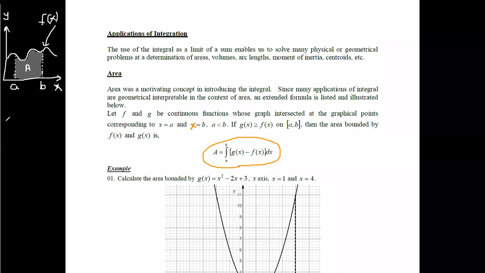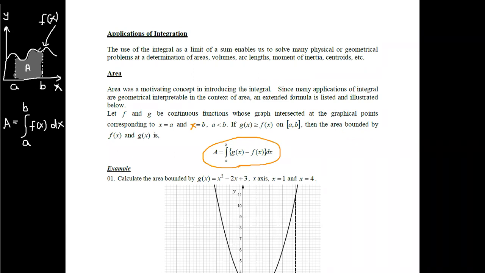Then we can say that according to the theorem, the area of this region would be found by first integrating the function f(x) with respect to x. Since we are using the definite integral, the region would be from a to b. If you use this technique, this is the way of identifying the area if the function f(x) is continuous in the region a to b.